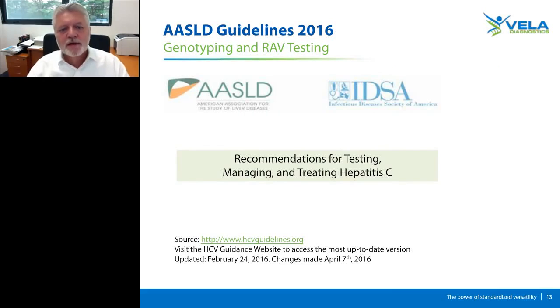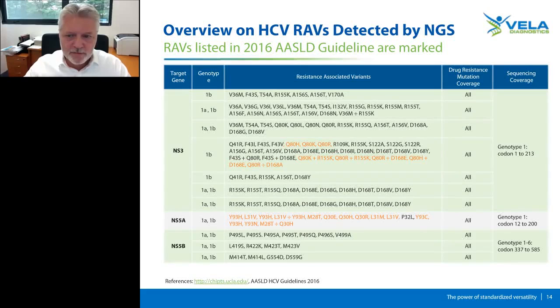All right. If you look at the AASLD guidelines, which came out in 2016, in April or May timeframe this year, for the first time, there's a recommendation not only on genotyping, which has been in the guidelines before, but also on testing for resistance-associated variants. And it's a very comprehensive document. The source is given here, but if you look at the summary table, which is shown here, for